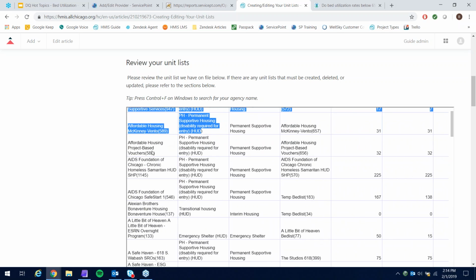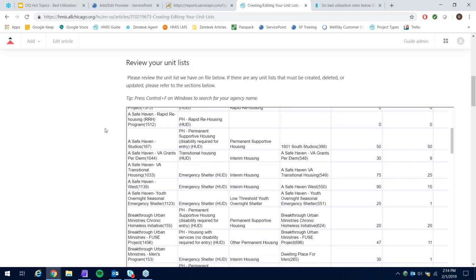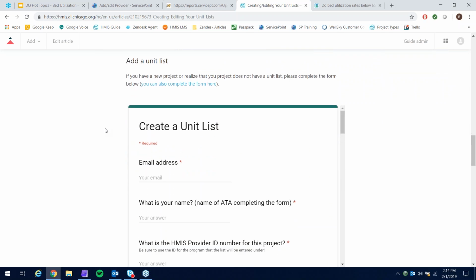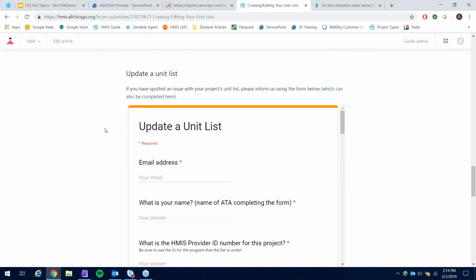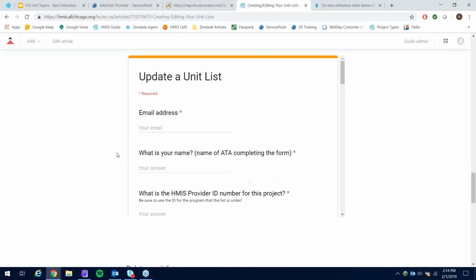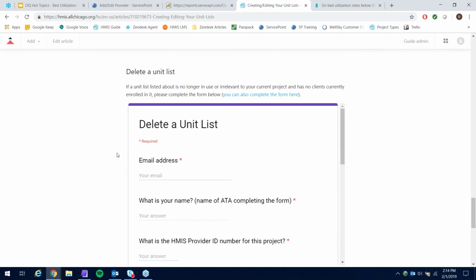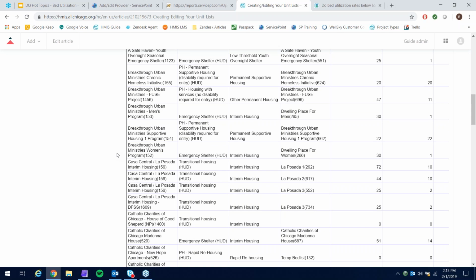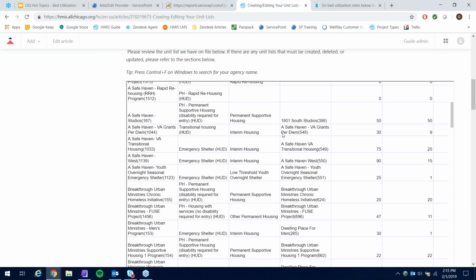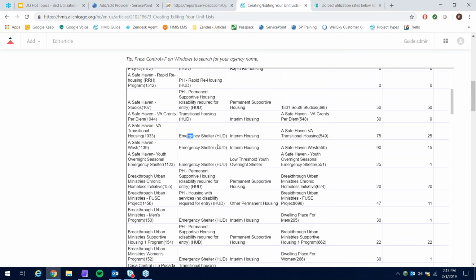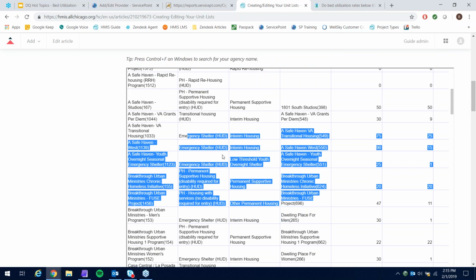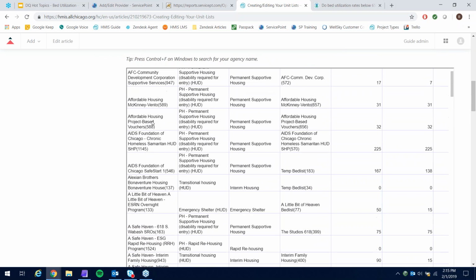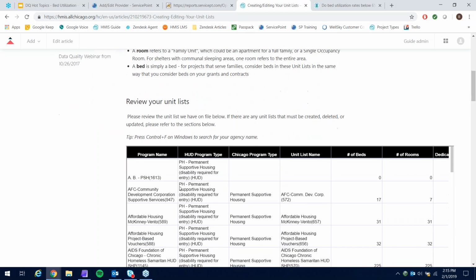We ask that all providers go through this to make sure that it's accurate, and send us the form down here to either add, update, it might be update usually, or delete a unit list. And so we do ask providers to make sure that we have the most accurate unit lists available at any given time. The way you would do it is that you would just click within the window,